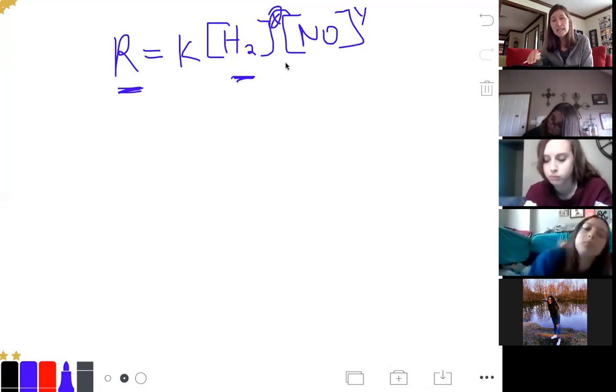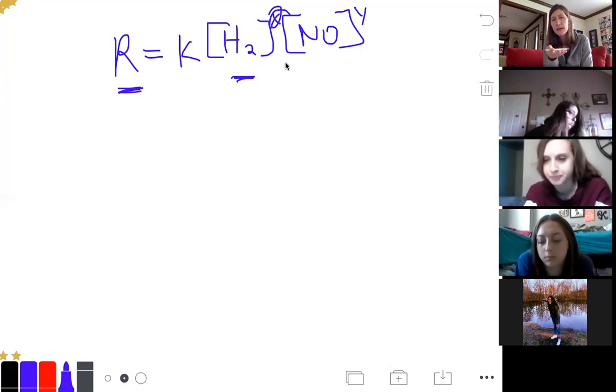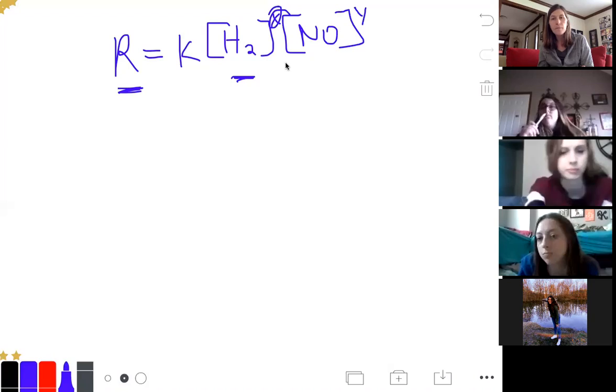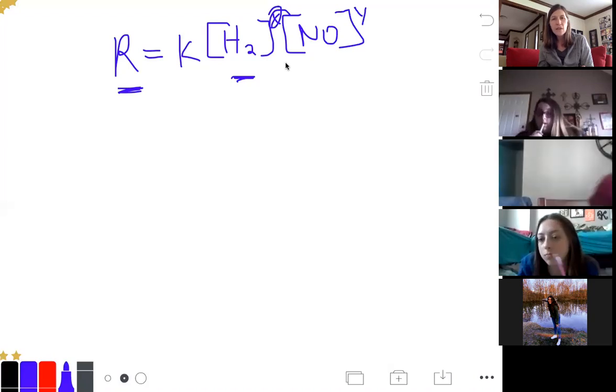This constant and this exponent, X and Y, there isn't an equation where you can just say there's a reaction, let me plug some stuff in and then get those numbers. You can only get the data experimentally. So that's why you'll see in the problems they give you in this module that they give you a chart